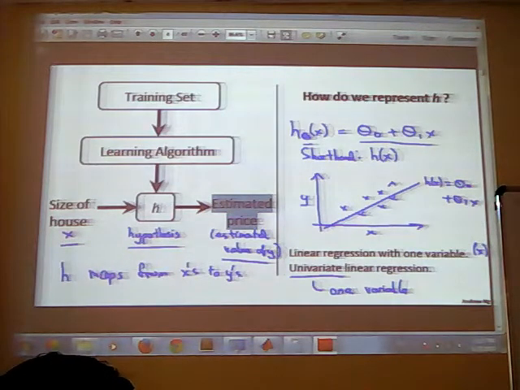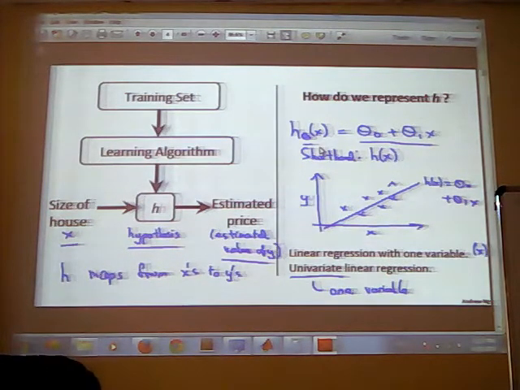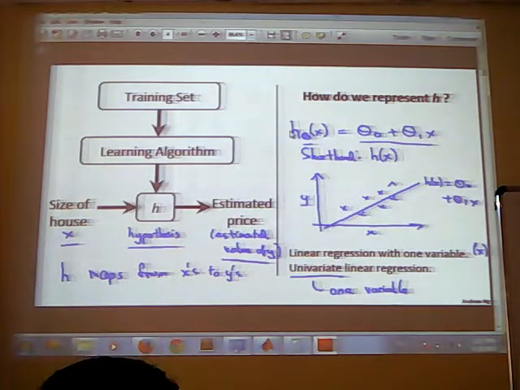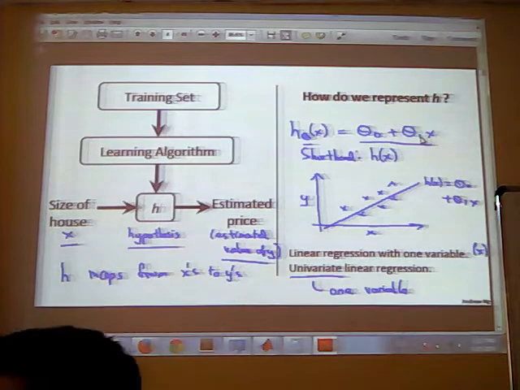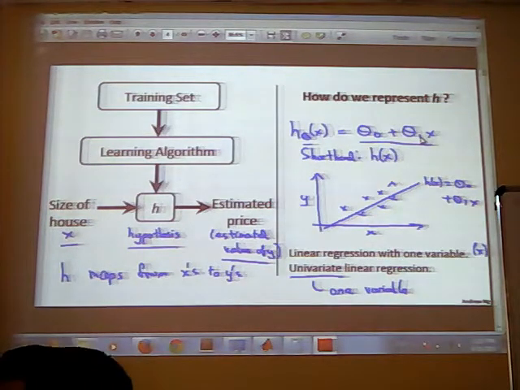As you can see in our example, a linear model was fitting better. That means a line was fitting much better than any other model. We can have a quadratic model, but a linear line was fitting much better. So this hypothesis, this function of x, represents a line: theta 0 plus theta 1 x. If you remember, y equals mx plus c represents a line. And what is c? Intercept. So theta 0 will be the intercept on y. We can also write h theta of x as h of x as a shorthand.